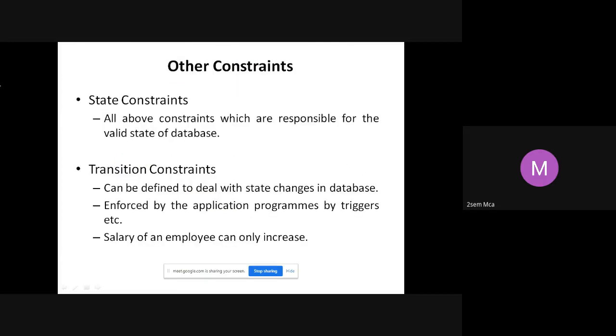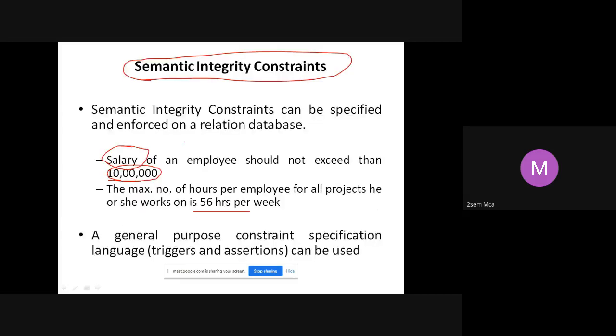What are the other constraints that you have? State constraints. All the above constraints are responsible for the valid state of the database. State constraint means whenever you declare a constraint, it should be valid for all the records that you enter.